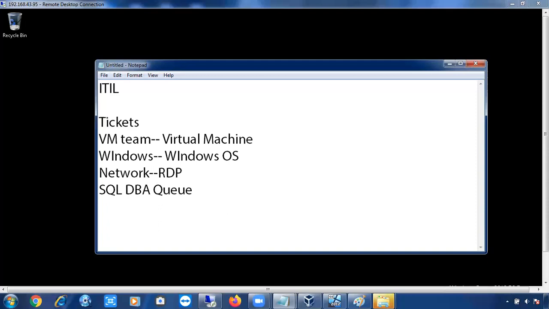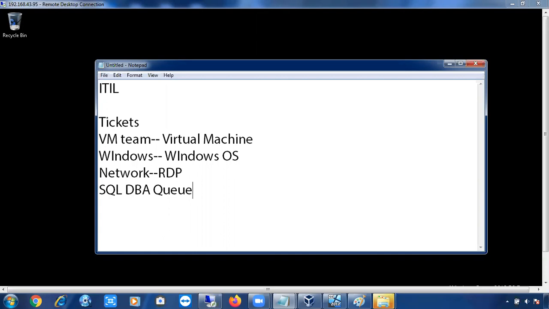Then you have to take that machine and connect to it remotely. Then you have to check whether the prerequisites are there or not. Once every prerequisite is there, you can install the SQL Server. And once it is successfully installed, you have to configure it. Once you have completed the installation and configuration, you can close this ticket. Why? Because this is the final output. They need SQL Server, and for that they should have Windows Server.